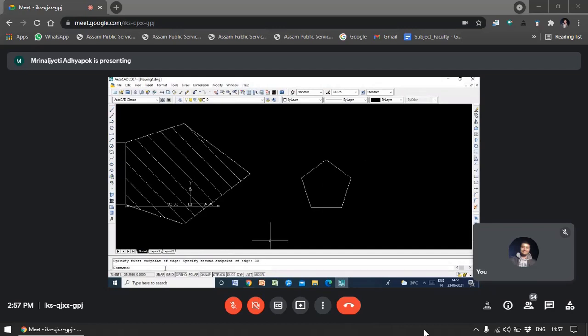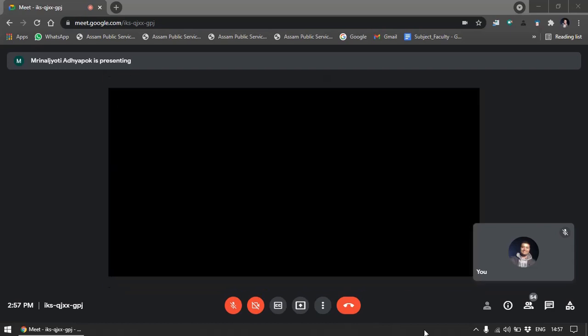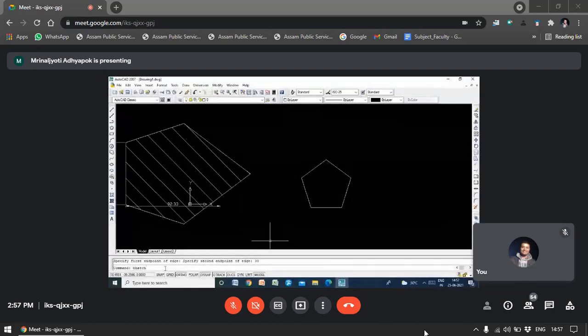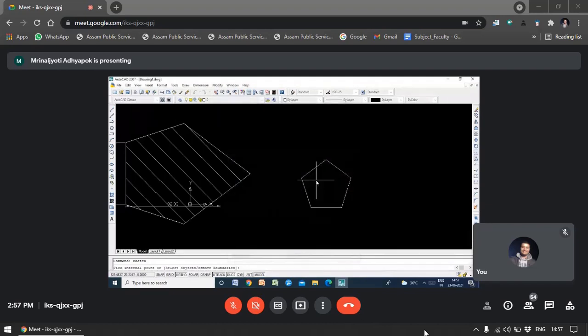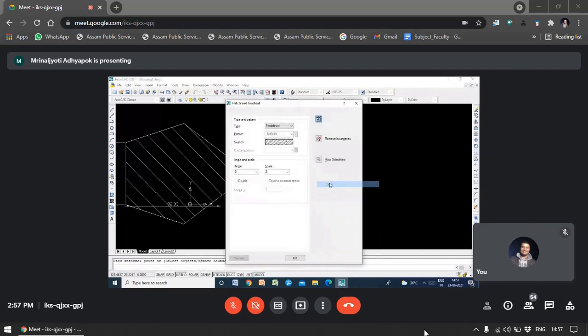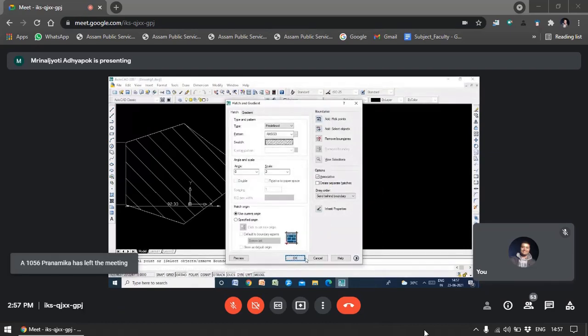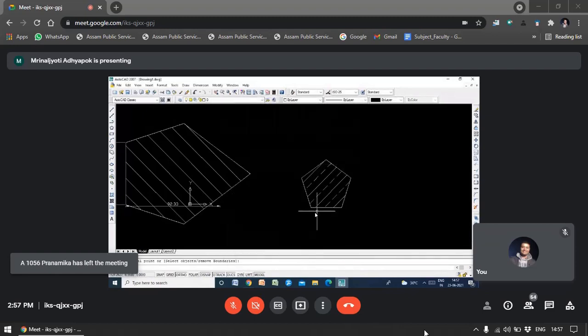After that, you are going to simply write B-Hatch, then press enter. Then this screen will appear. First you have to select; suppose this time I am going to make it like this. Then scale; suppose I make the scale 2. Then I will click here and select this, then select this, then press enter. Then again this screen will appear. You don't have to do anything, just press OK. Then it will become like this.